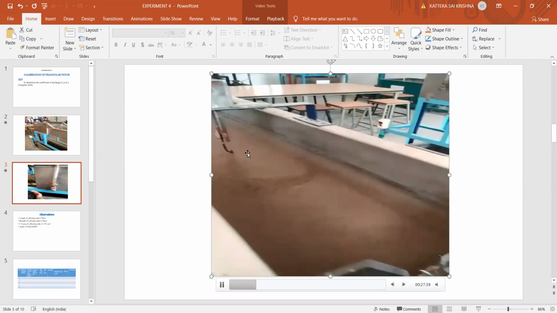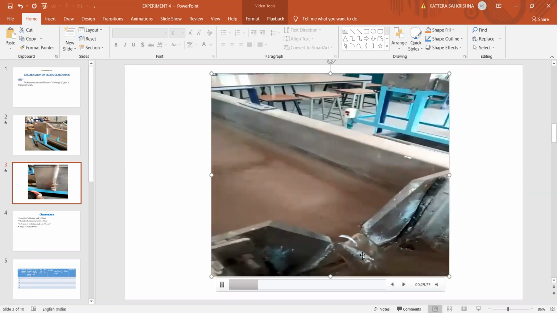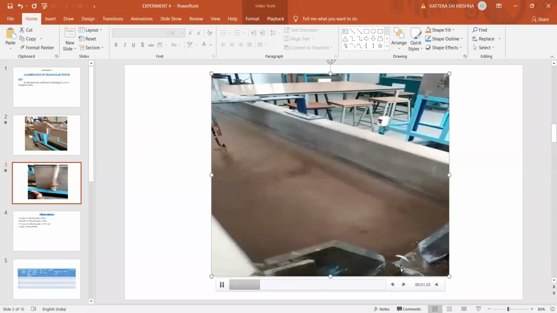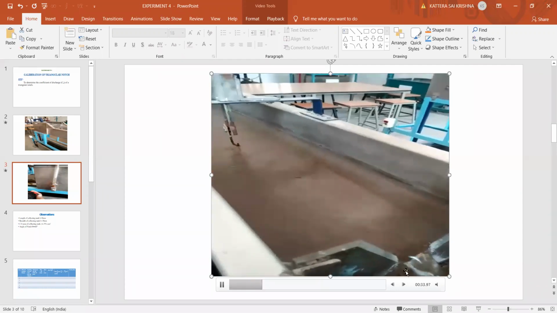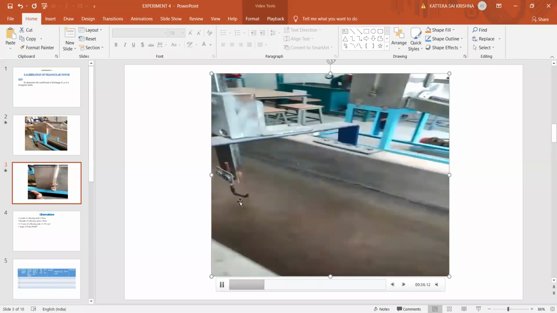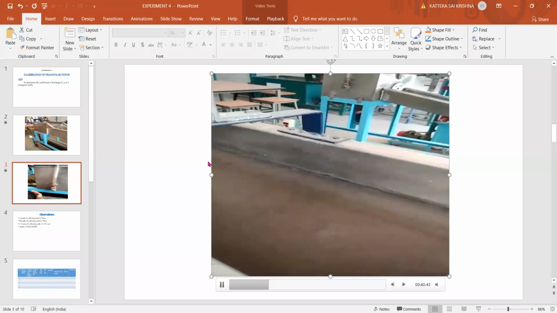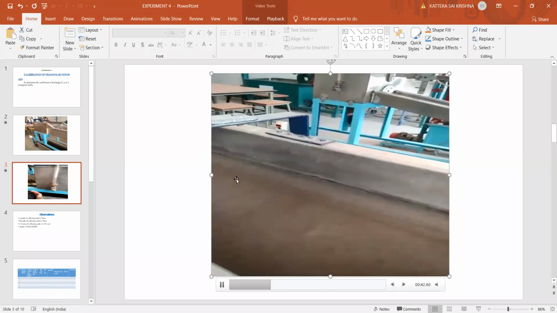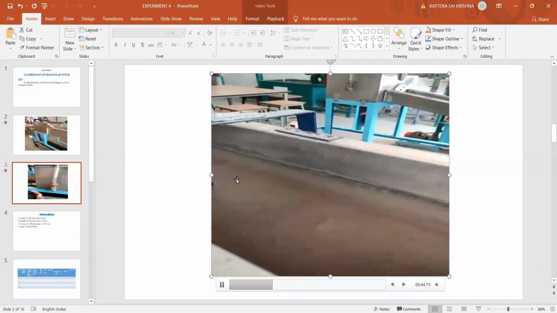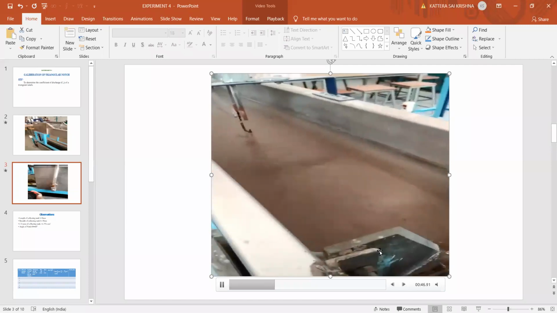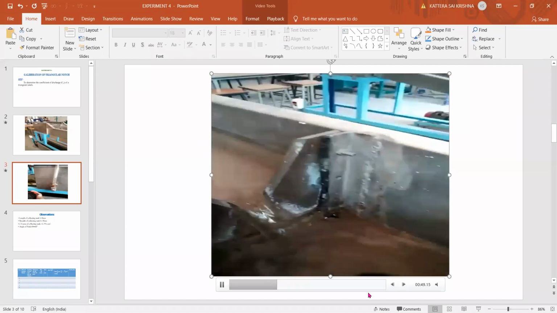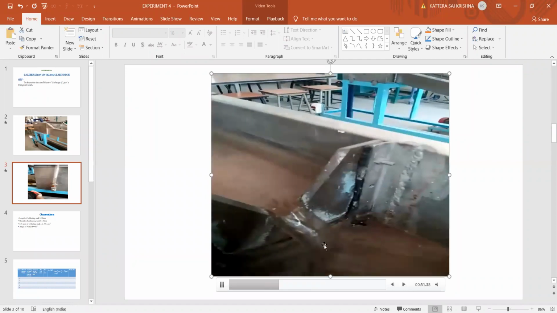Now again, the water level will be a little bit increased here. See here. You can see more water coming over the notch. And now we can see the pointer is again immersed here because the water level increased there. So just move the pointer above that to get the third reading of H2. Then we need to calculate the discharge. See here, there is a hole here after the notch.